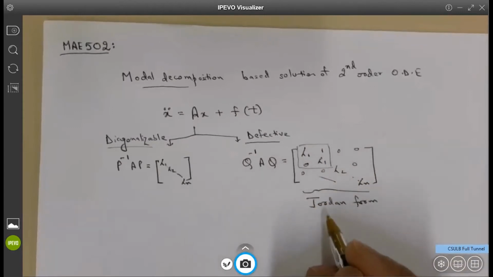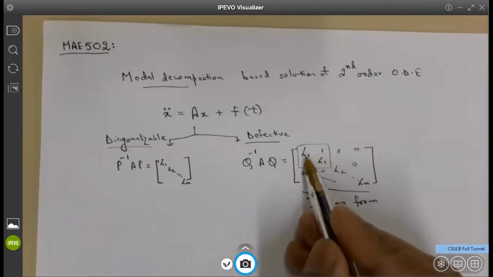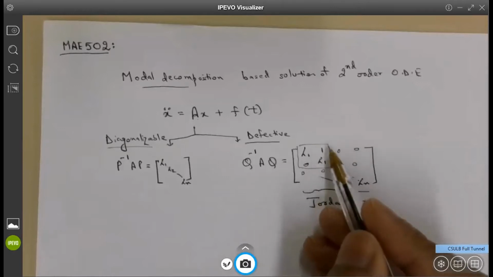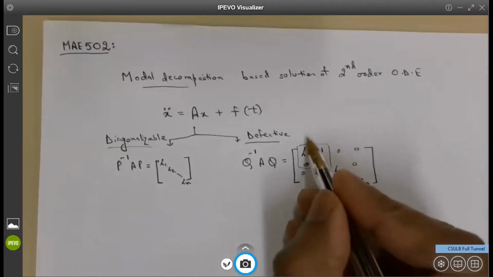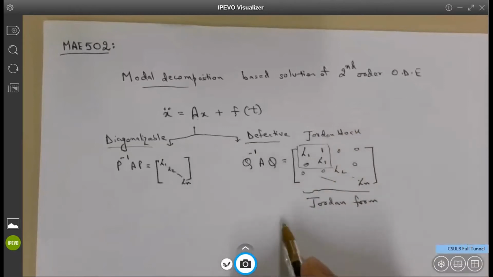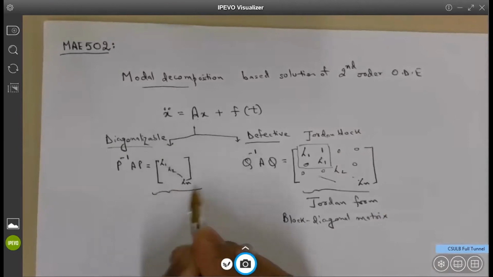Basically, we got a block diagonal matrix where you have again the eigenvalues in the diagonal. And for the repeated eigenvalues, you have one as a super diagonal element. So this is a Jordan block. And what we actually got is a block diagonal matrix. And this is basically a diagonal matrix,